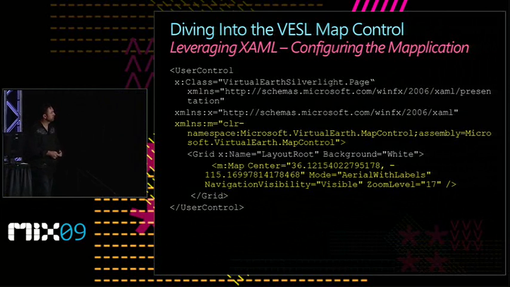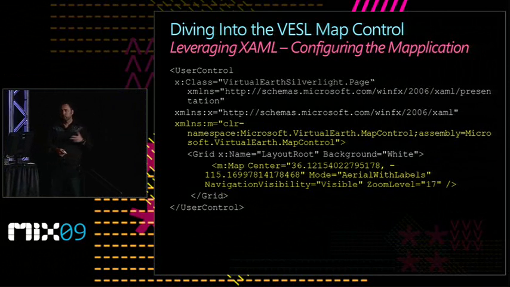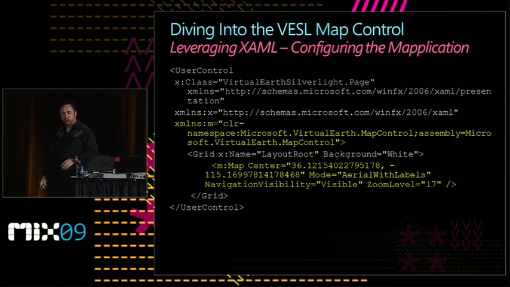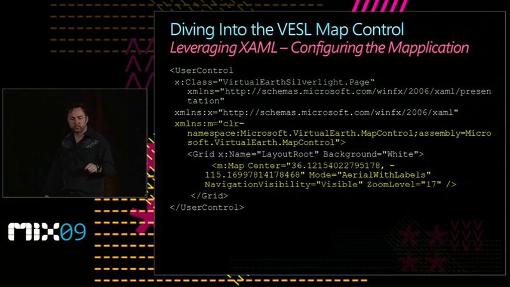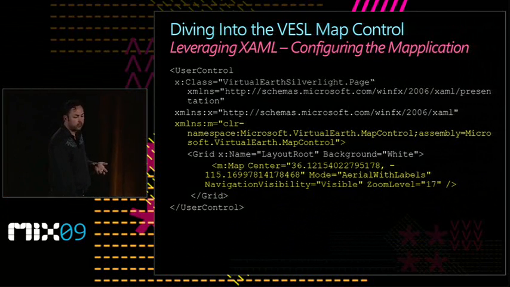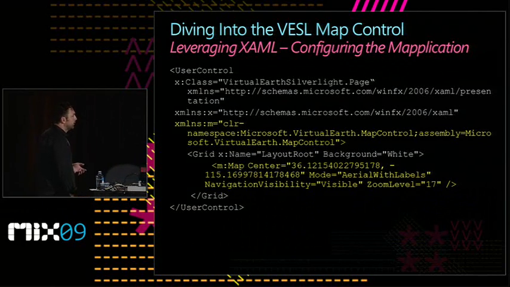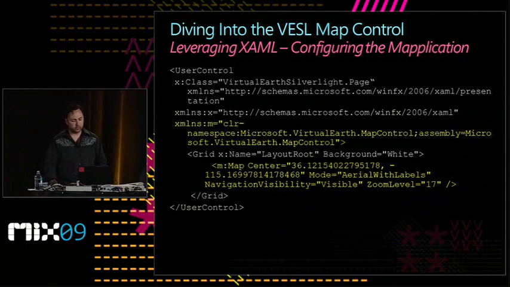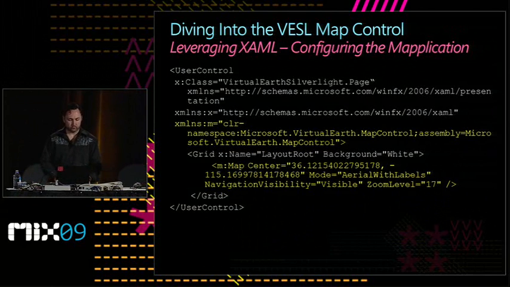built in here, right? We've got the link to the assembly, and then we've got the map class. We're specifying the center by pointing it to a lat long. We're specifying the mode, and we're specifying navigation visibility, and then we're specifying the zoom level, right? I want it to zoom all the way down to a specific location. So if we do that,